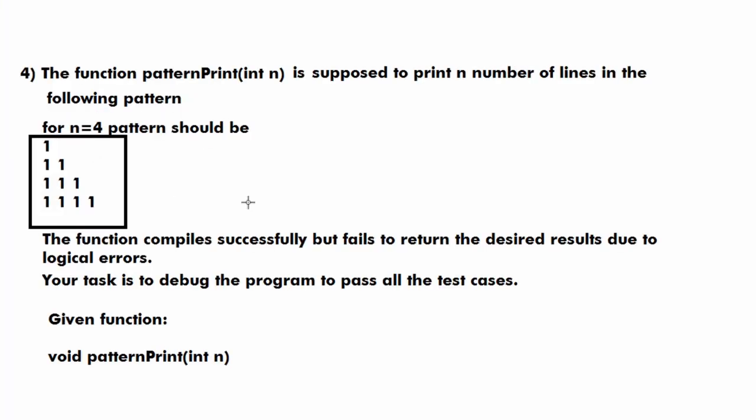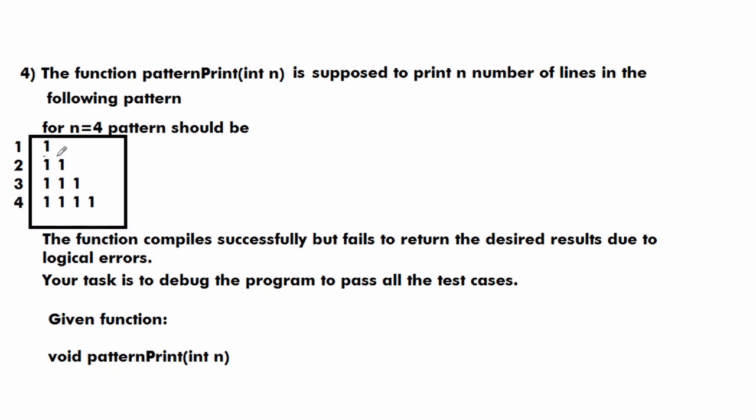So as you can see in this pattern, for value n equals to 4, there are n rows which are going to be printed, and as we have just seen, our outer loop is going to start from 1 and it will iterate till less than equals to 4, which means we can give the number to each row. The first row is 1, the second row is 2, the third row is 3, and the fourth row is 4.